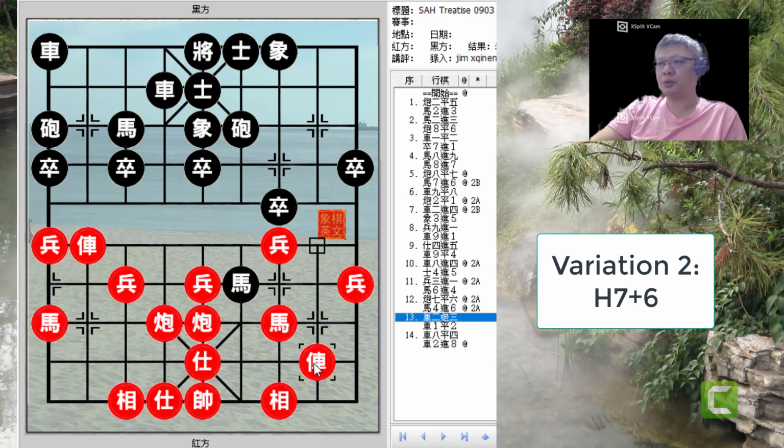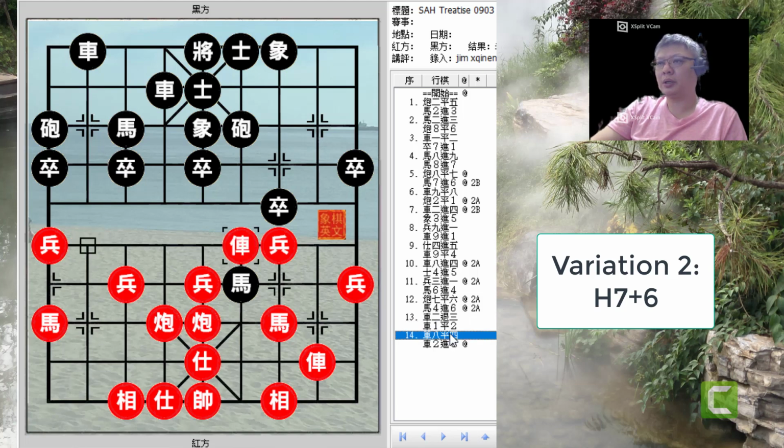So red will be forced to retreat his chariot to prevent the elbow horse attack, and black would keep piling on pressure and offer to trade chariots. Now it will not be a good idea to trade chariots,